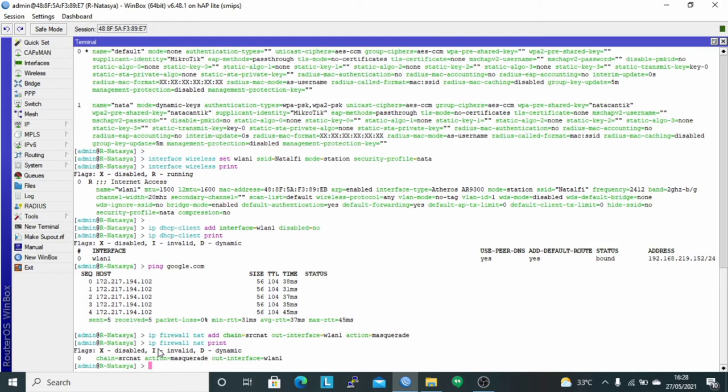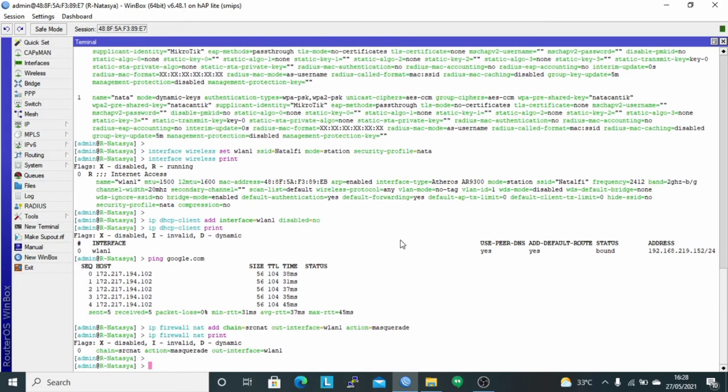After that, create the password for the first SSID, namely the SSID about IT, using a virtual interface with the command interface wireless security-profile add name about IT, mode is dynamic keys, authentication is WPA PSK and WPA2 PSK.